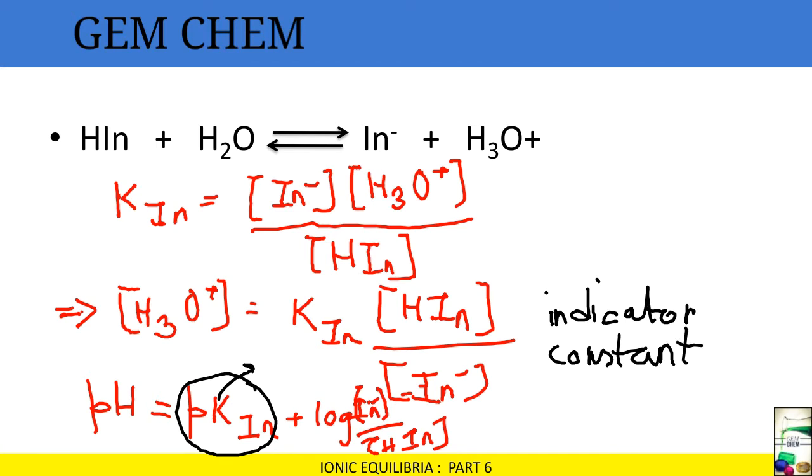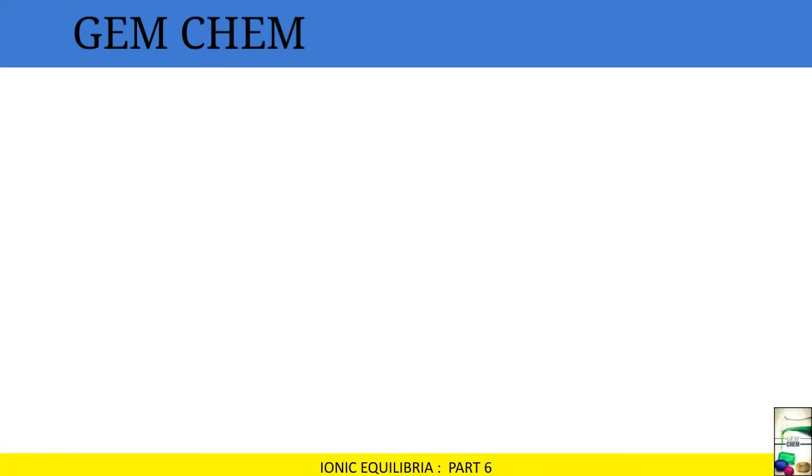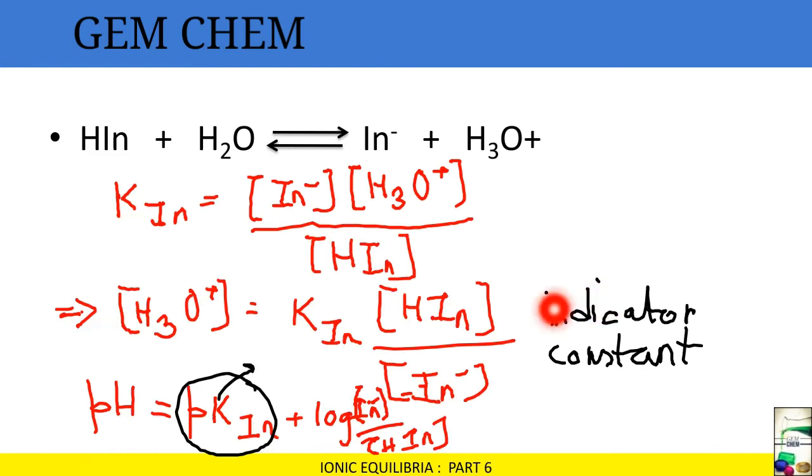Now we will see different things. Now the relationship is obtained where the two ratios are seen between the two forms, that is IN minus and HIN, and it is dependent on pH. The color of the indicator as perceived by eye is dependent on this ratio which we have obtained in the previous page, right? That is this one, this ratio. Okay, so at the same time, one type of limitation is exposed by the capacity of the human eye to distinguish between the two colors. This is the limitation of indicators in an admixture. So experience shows that it is difficult to recognize a color which is present below 10% of the other color.